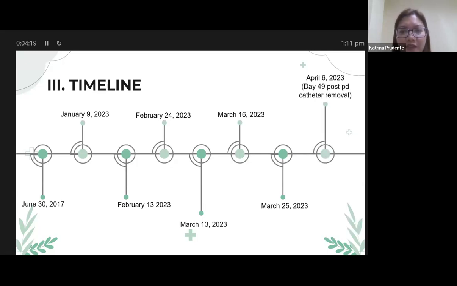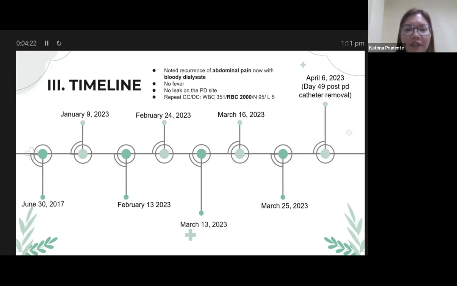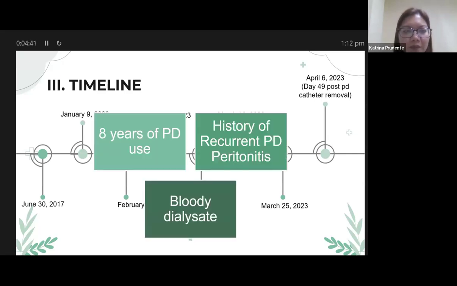On April 6, however, which was 49 days after the initial PD catheter removal, there was a recurrence of the abdominal pain, but this time it was noted to have bloody dialysate, no fever, and no leak on the PD site. Thus, the patient was further investigated, and we are now presented with a patient with 8 years of PD use, history